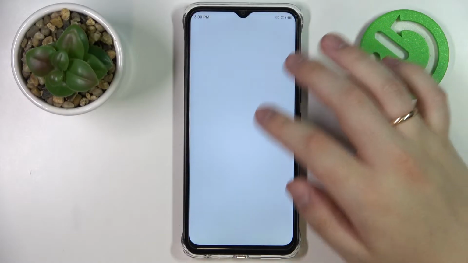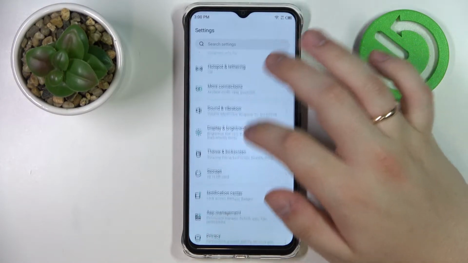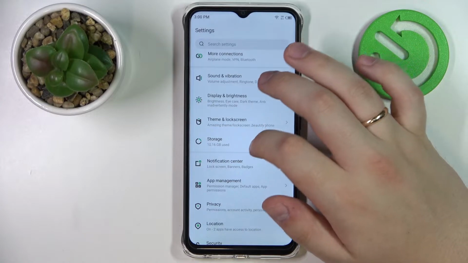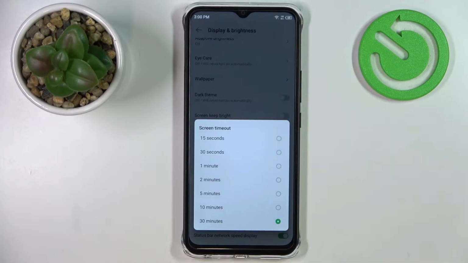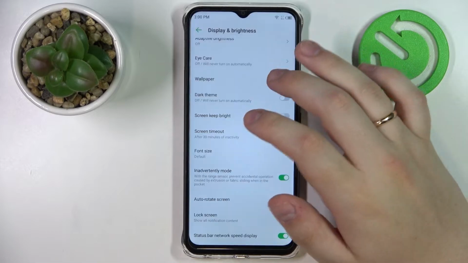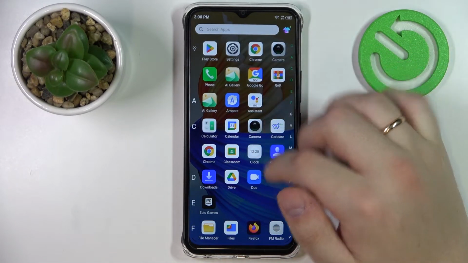So if we launch the settings app, enter the display and brightness category, and then expand the available options for the screen timeout, we'll see that by default the maximum time value that we can go for is no more than 30 minutes. Therefore, if we would like to go for any higher values or even set the sleep timer value to never,